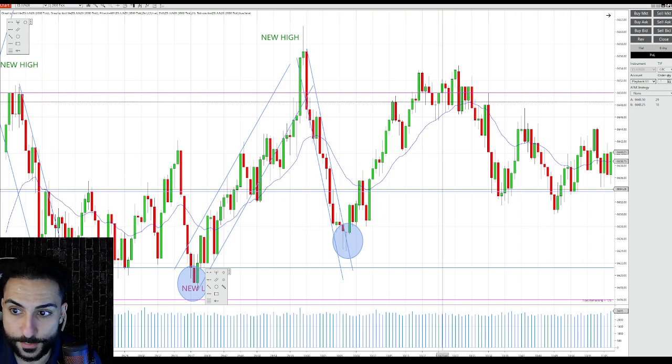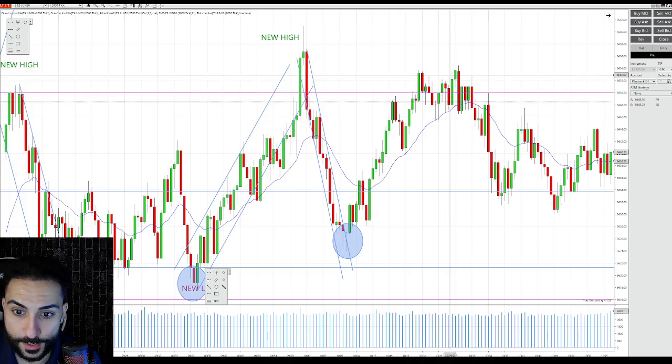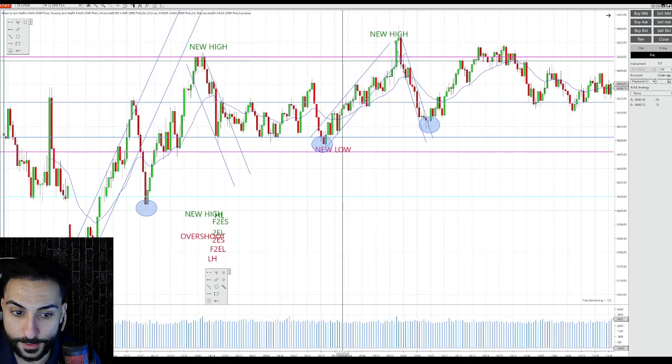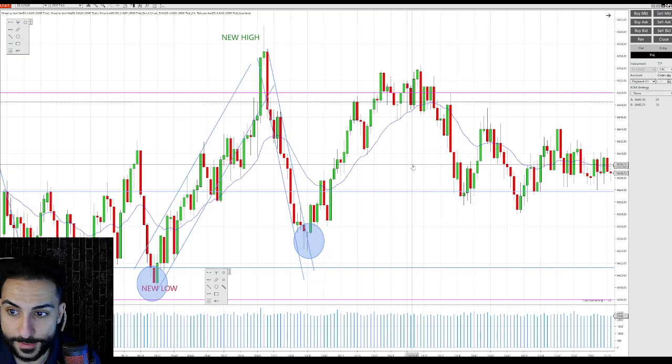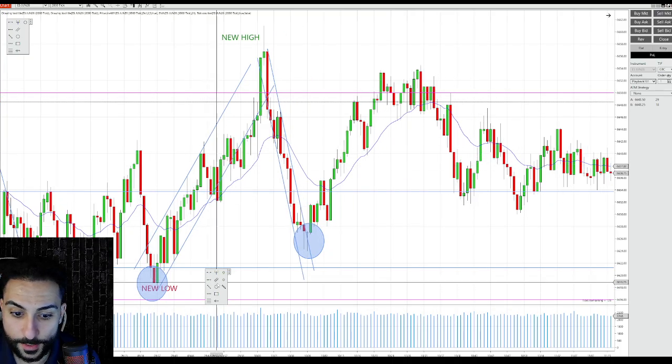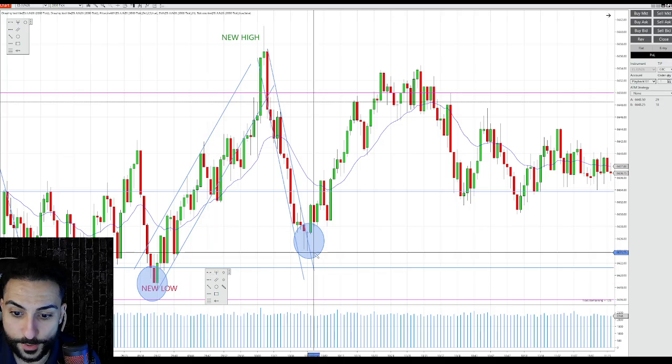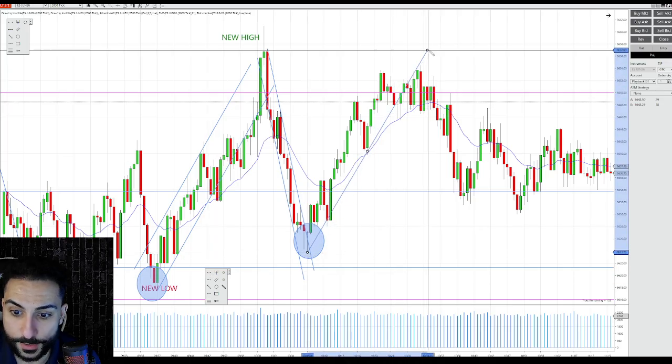Let's say, for instance, we pushed above it and it turned into support and we had a continuation, then I definitely would have kept it. But since price did stall once again at this key level, I ended up waiting to see more price action form. We can draw a little bit of a wider uptrend like